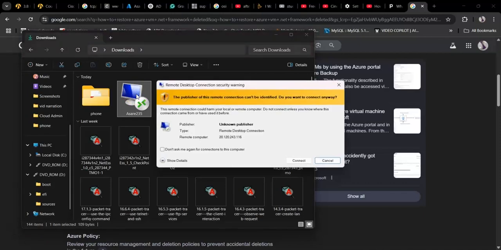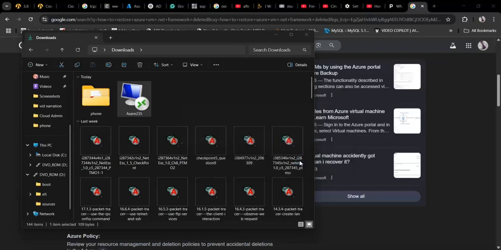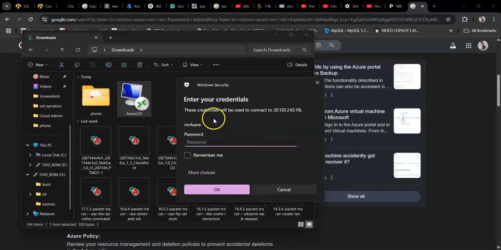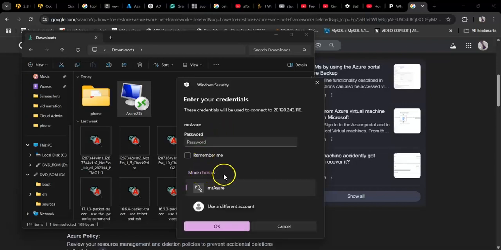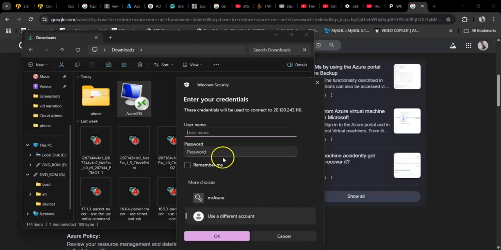So I'm restarting my RDP since my domain was set up, my system had to restart, and so I was logged out from my RDP. So I'm reconnecting the RDP, and I have to log in using the domain and the username on the domain. So I'm going to choose more choices and then use a different account, and I'm going to input the ensign